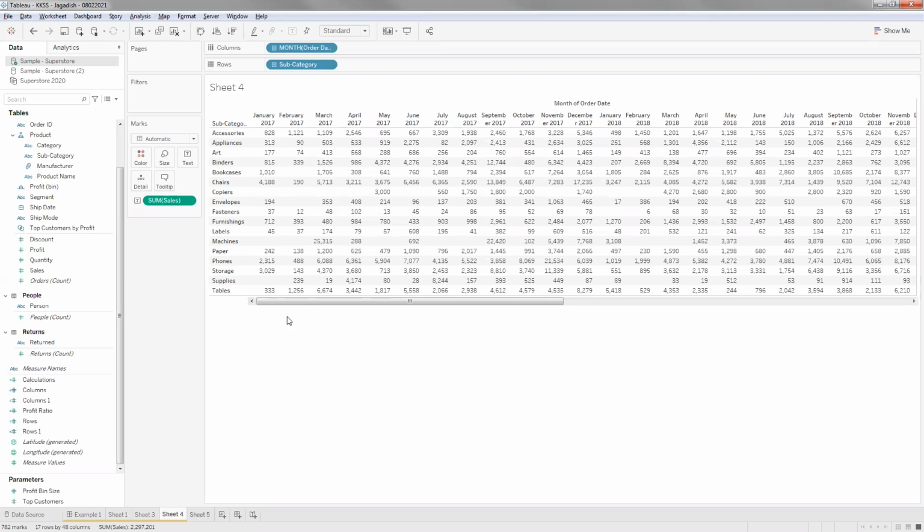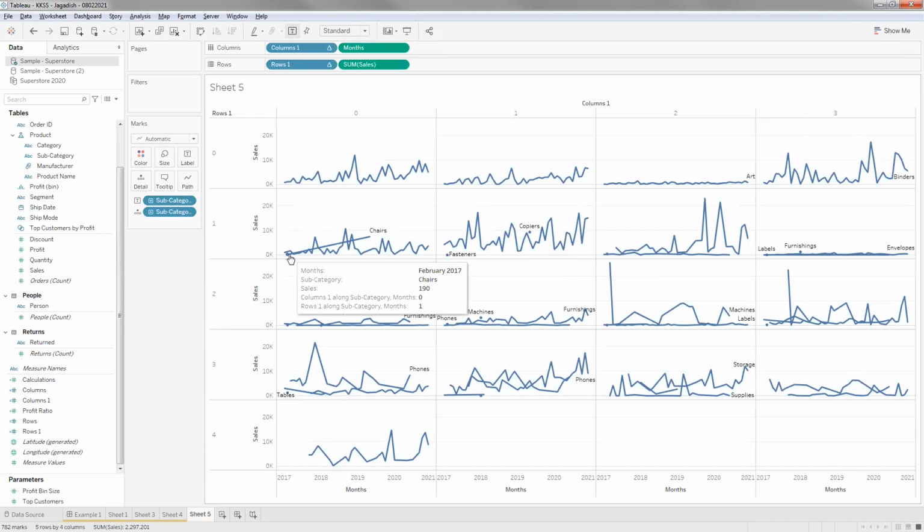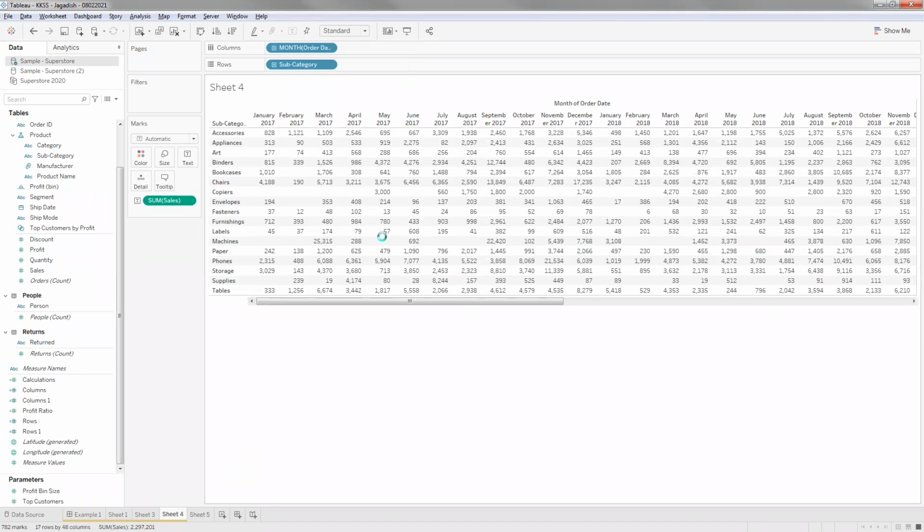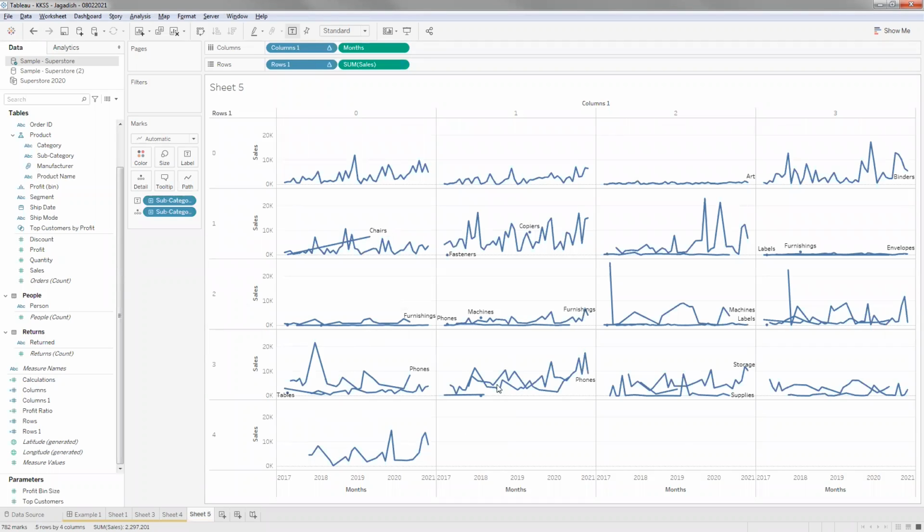So that's why for February 2017 we are getting that chairs value in that order. Since we have multiple places where the data is missing, we have this overlapping of one subcategory over another subcategory.